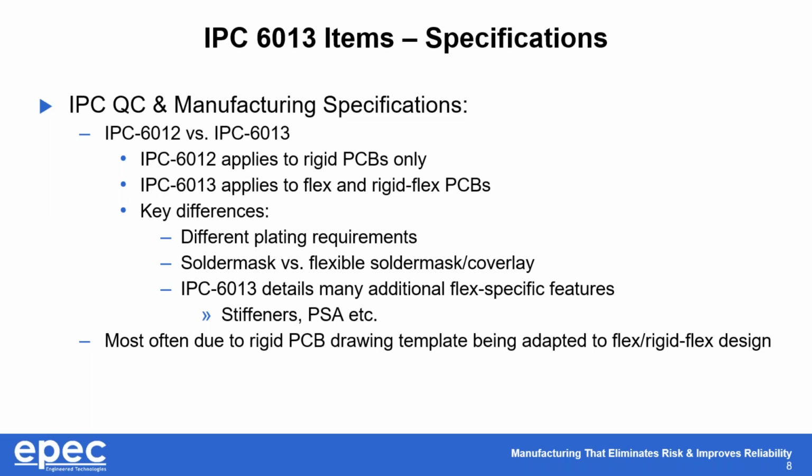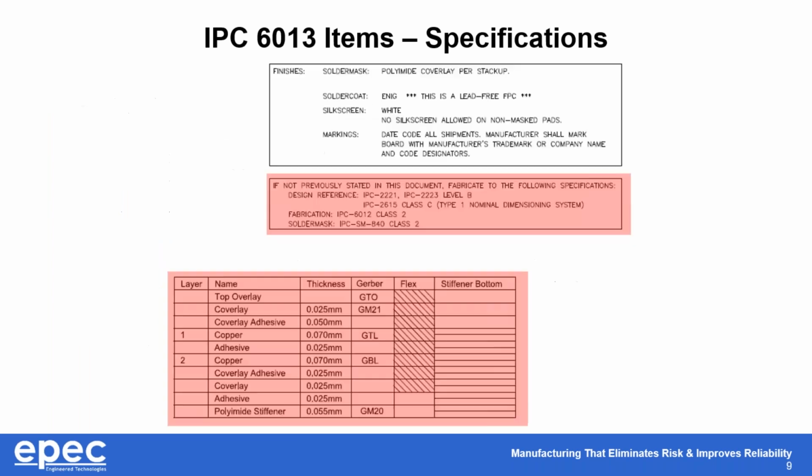Most often, due to rigid PCB drawing templates being adapted to flex and rigid flex designs, we'll end up seeing different specifications that can only apply to one, such as minimum thicknesses, and again, 6012 versus 6013. And so here is a good example of this, where the top is something we prefer to see. We see where they list out a polyamide Coverlay. They're using generic terms,